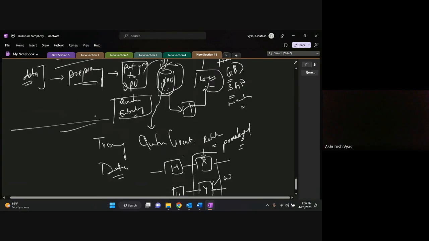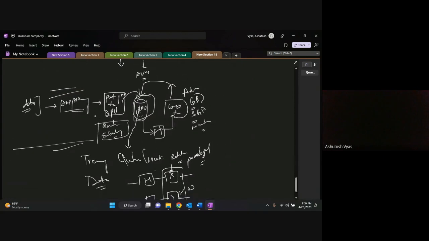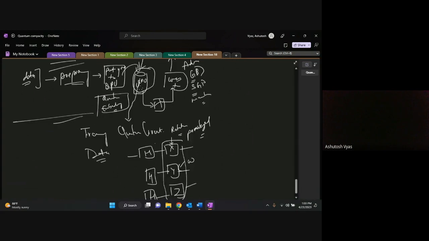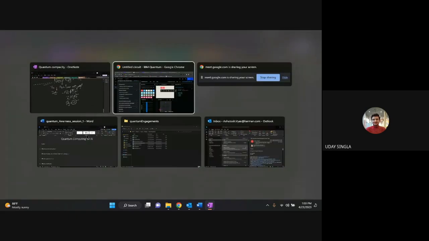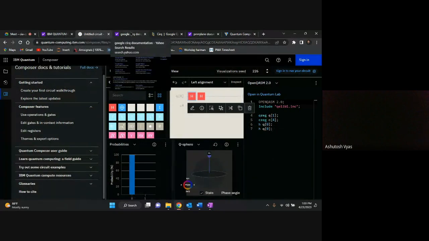Now, is it all fine? Will you be able to take it from here? A very brief mechanism of how quantum circuits learn information, right? Fine, guys? Yes or no? Yes, sir. Okay.